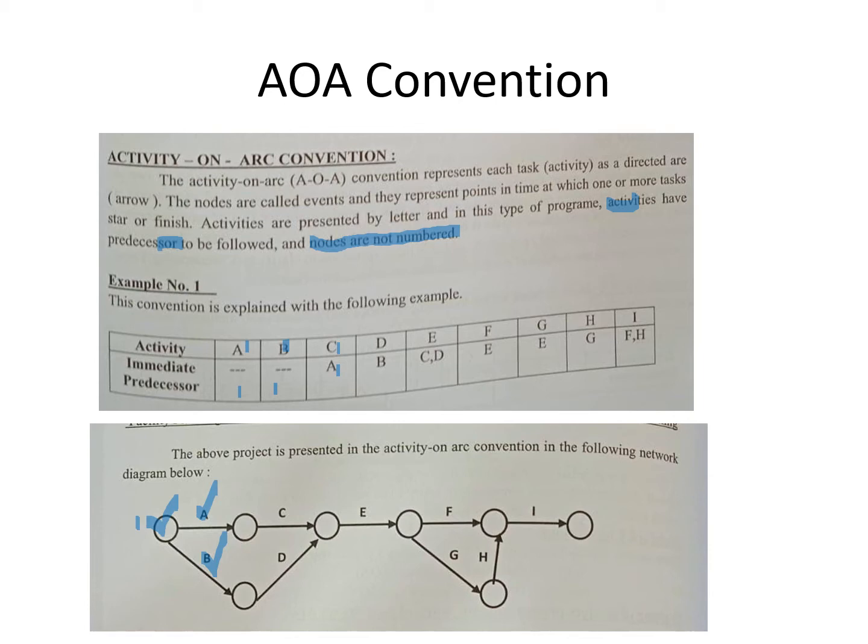Typically, let's look at this particular thing. Activity E can happen only after C and D have happened. What does that mean? This is activity E, and E can only happen after activity C has happened and activity D has happened. Similarly, you have activity I, which can happen only after F and H have happened. So you have activity F and activity H, and after activity I has happened, there are no succeeding activities. So that is the terminating activity actually.